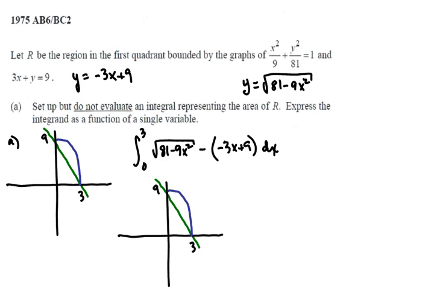For part B, we want to take that area and we want to revolve it around the x-axis. And in this particular case, we're going to end up with the washers. And a washer is basically a larger disk with a smaller disk punched out of it. And that gives us the pi capital R squared minus pi little r squared, where capital R is the radius of the outside circle and little r is the radius of the inside circle. So for this one, we're going to get that volume is equal to pi times the integral from 0 to 3